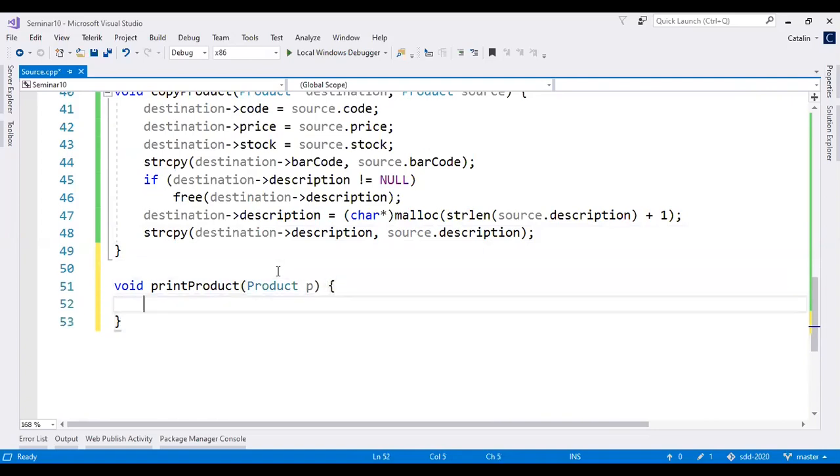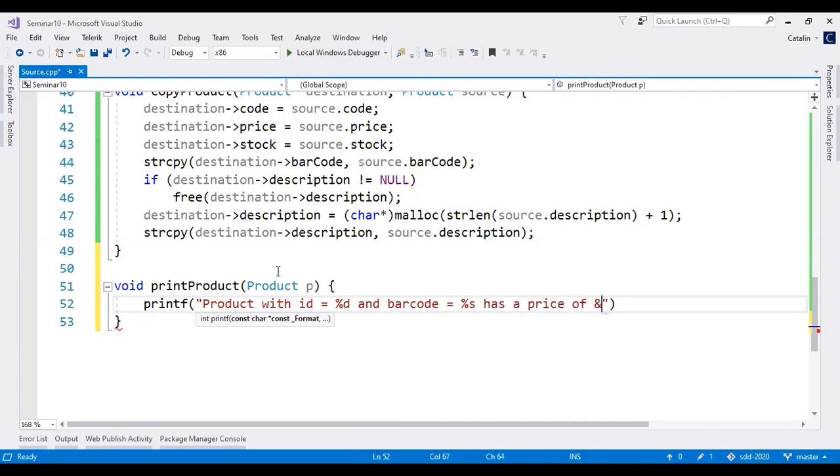Okay, and here I will have printf. Now, if you have dynamic fields, once again, try to check if the address is not null, because otherwise printf will crash. Okay, so let's say I'm printing product with ID equals %d and barcode equals %s. Now this is a static array. I don't have any issues here. Okay, has a price of %f